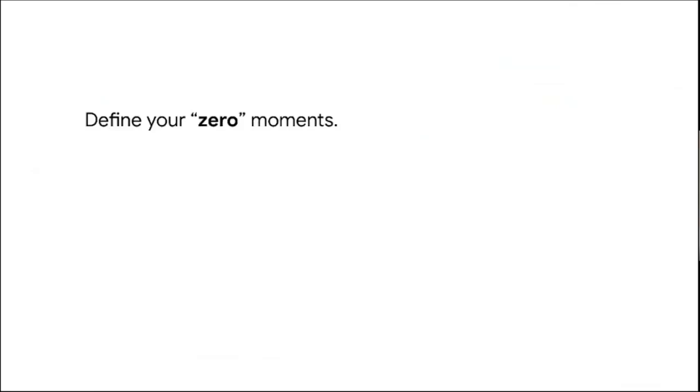First, define your zero moments. For example, when Uber started at the Caltrain station, they gave their drivers and coordinators an app, I think it was called StarCraft, that recorded the ride completion. So anytime a rider didn't match with a driver, it was recorded as a zero. They continuously iterated to completely eliminate these zero moments. So define your zero moments, monitor them, and finally get them down to zero.